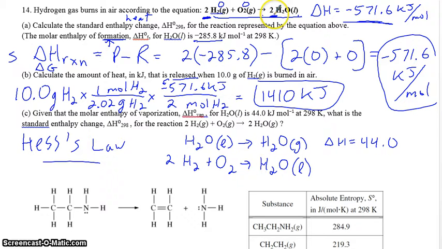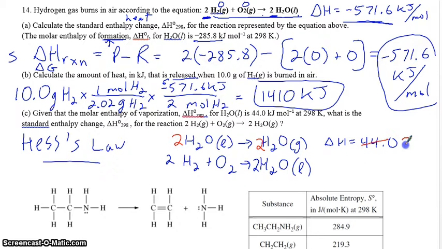Whoop, I'm sorry, I forgot a 2 right down here. For the liquid, notice 2 for the liquid. So we would need a 2 in front of here to match that. So we would multiply this whole equation by 2. Now when we do this, we also have to double delta H. So I'll put a 2 in front of here, a 2 in front of here, and then this gets doubled